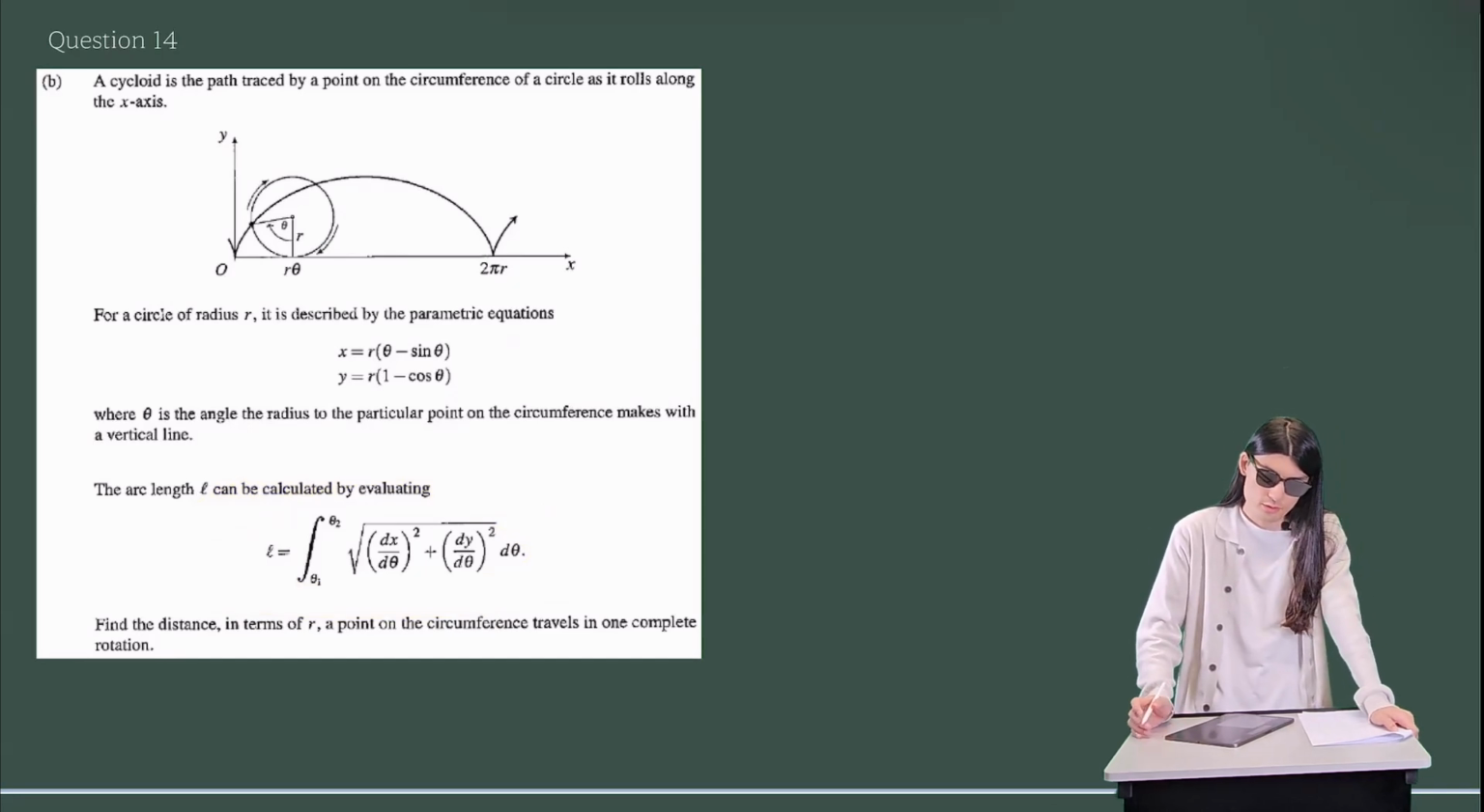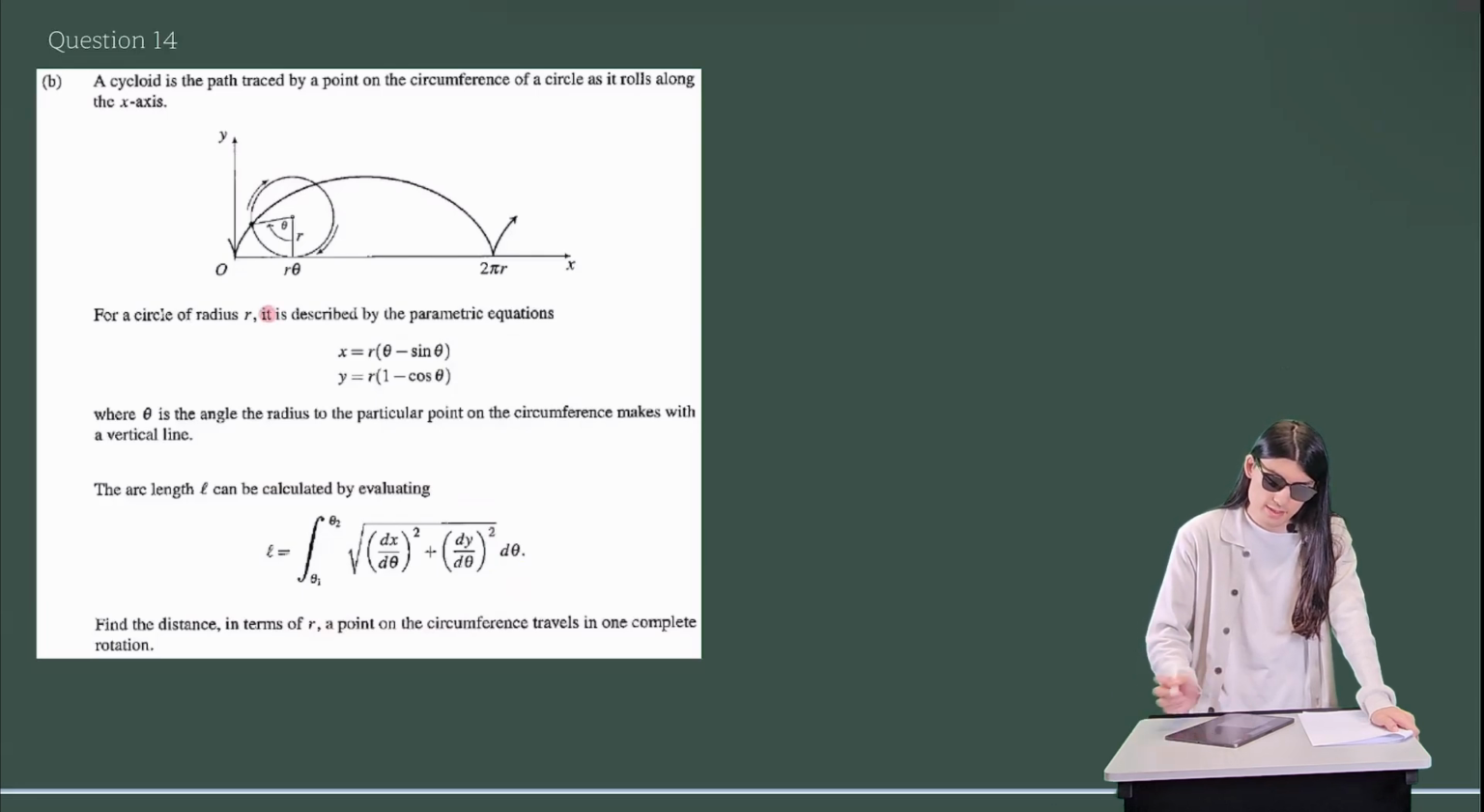But breaking down the question, a cycloid is the path traced by a point on the circumference, blah, blah, blah. And then it says, guys, importantly, for a circle of radius r, it is described by the parametric equations, and they give you the parametric equations. Now, what's the it, right? Of course, guys, it is referring to the path traced by a point on the circumference. In other words, the cycloid, right? The it is the cycloid, which is this thing